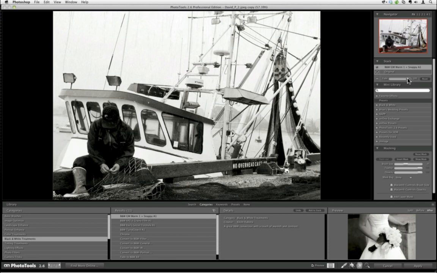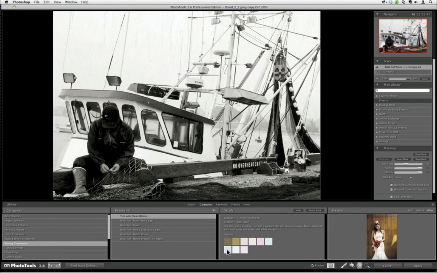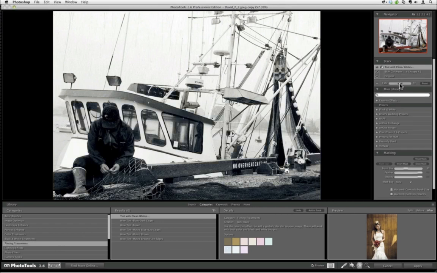Sometimes I'll desaturate and then apply a different effect. Like, actually, you know what? Let me put that back here. And then let me go to the tinting treatments and add this blue to cool it off. Yeah, now I'm kind of liking this. It adds a little bit of a cool, more timeless effect. So far what I've done was,